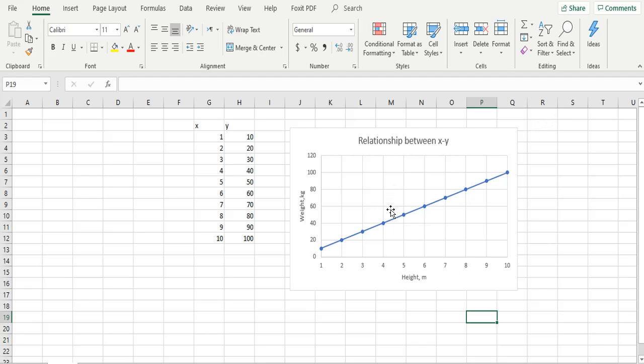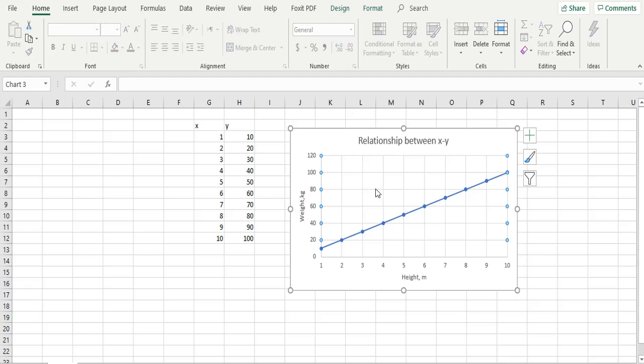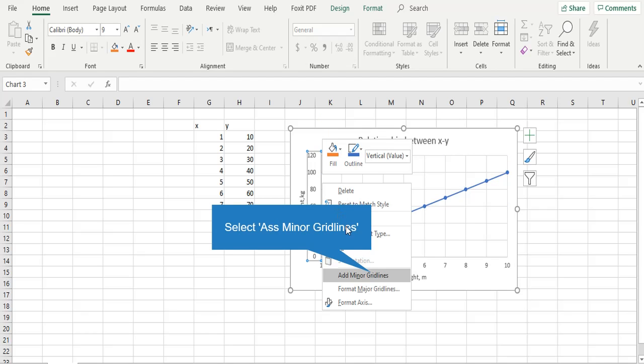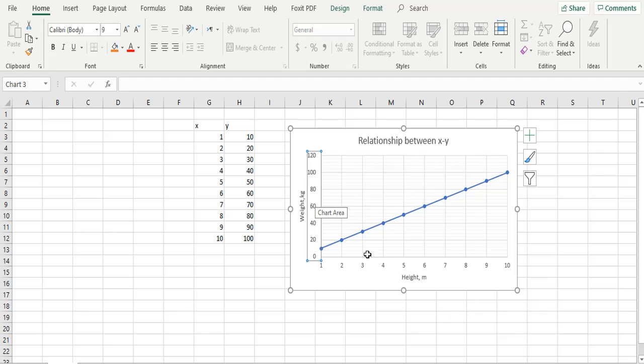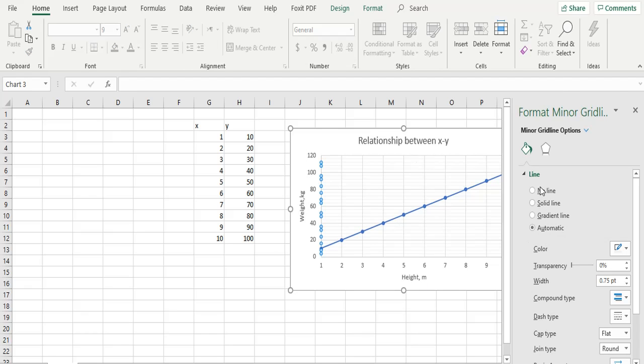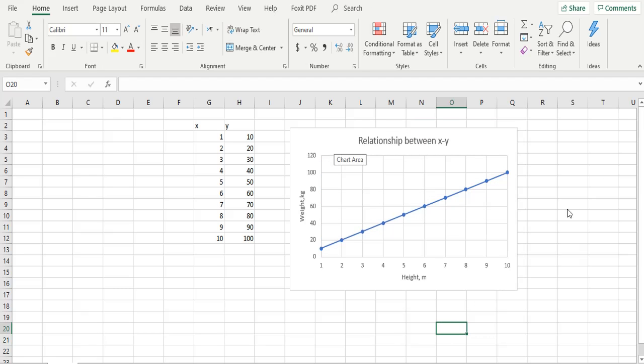Okay, so sometimes you don't like the grid line, you can just click there, and then for example here you can right click, and then you can add a minor grid line, so you'll have a smaller grid line there. Or if you don't want the grid line, you need to right click the grid line, and then format grid line. So no line. Okay, you'll have that. This one is optional, it's up to you. And sometimes